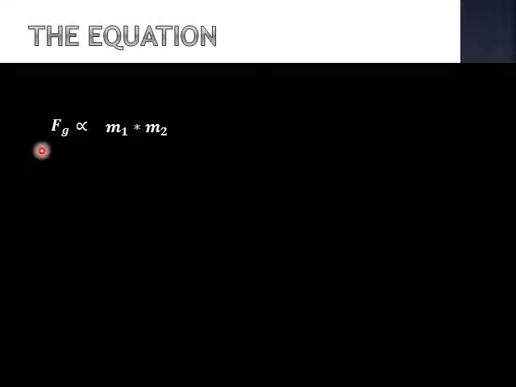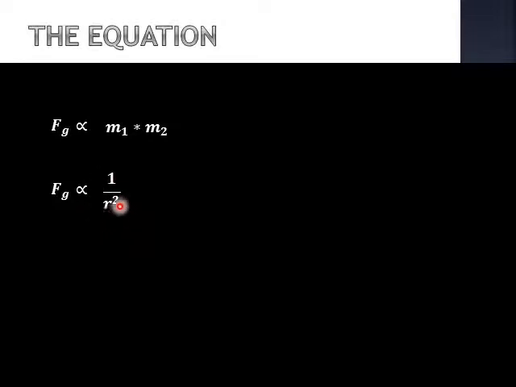So he came up with this relationship where force of gravity, and this symbol means proportional, is proportional to the mass of each object that the force of gravity is between. So if I double the mass, I double the force. If I have half the mass, I have half the force. He also knew that the inverse square law applied with the force of gravity. So the force of gravity is proportional to 1 over the distance